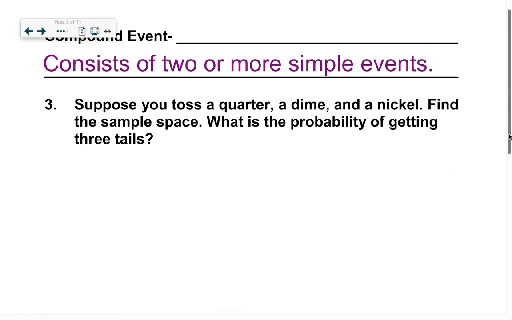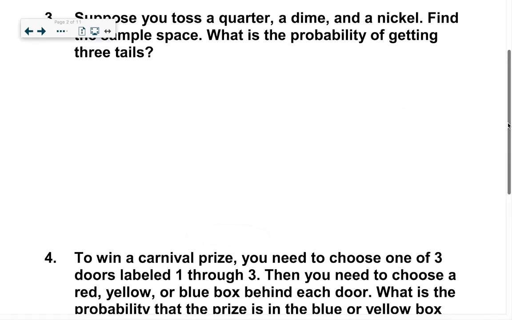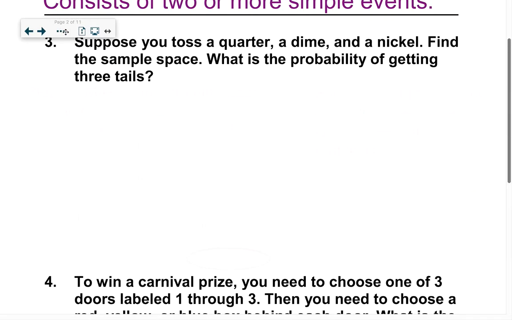So here we've got number 3, and now I can't read it. There you go. It says, suppose you toss a quarter, a dime, and a nickel. Find the sample space. What's the probability of getting three tails? Well, we can think about this right now and say, hey, I know that. It's going to be only one possibility of getting 3 tails. But the amount of possibilities, that sample space, is the part I don't know off the top of my head,